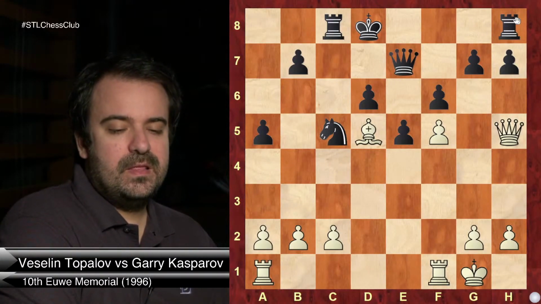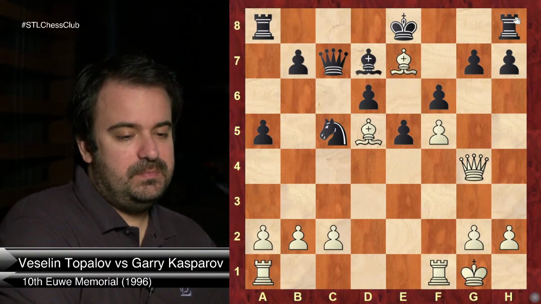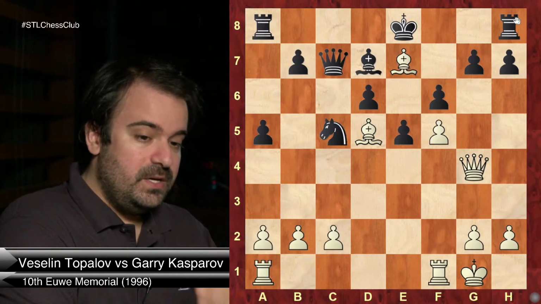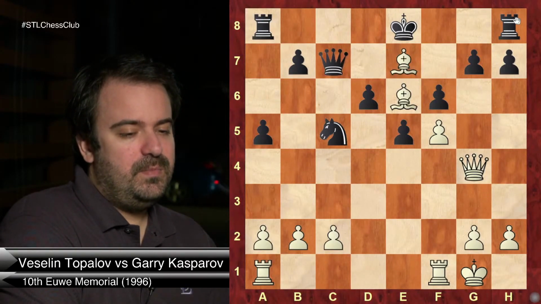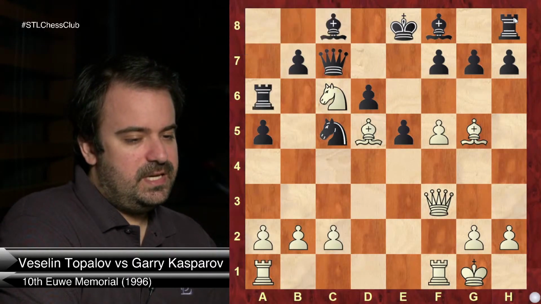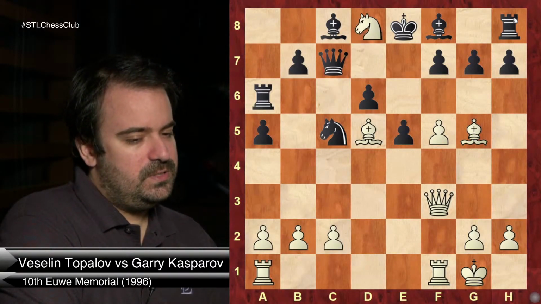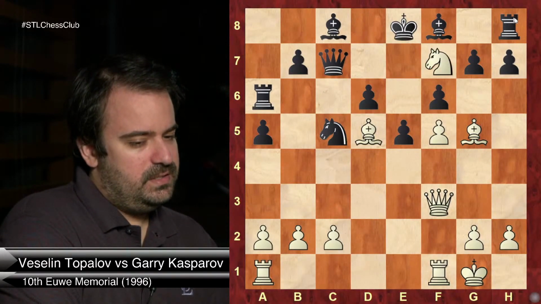Why doesn't rook g8 work first? Because my bishop on d5 is controlling g8. So queen g4, and this is the only move, and then black is more or less okay. That would have been the critical line after bishop d7, but instead Kasparov played rook a6, and he just allowed Topalov to play knight d8 and then knight f7,